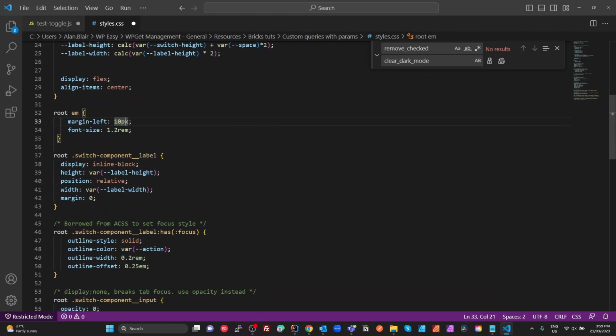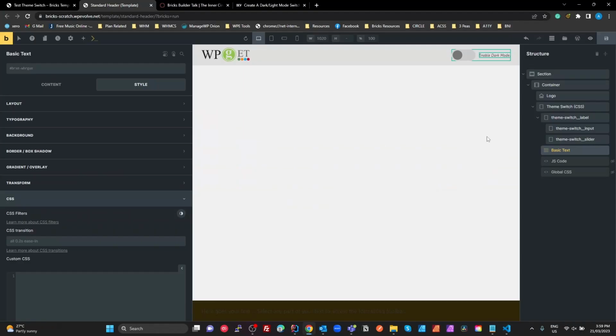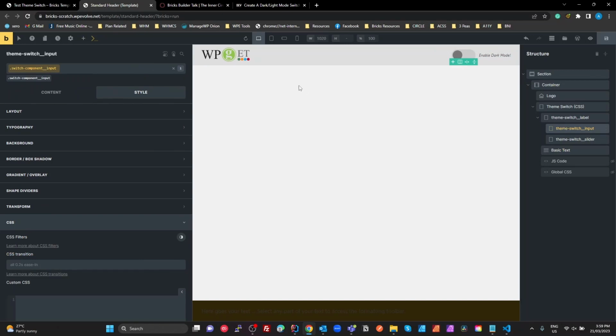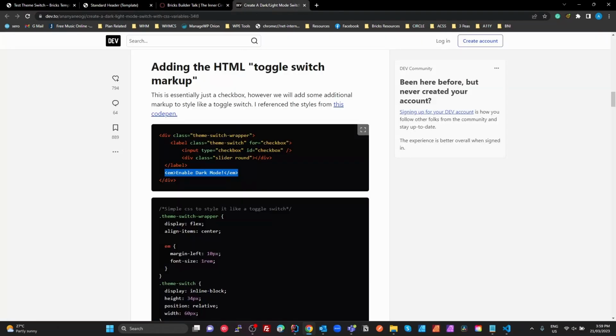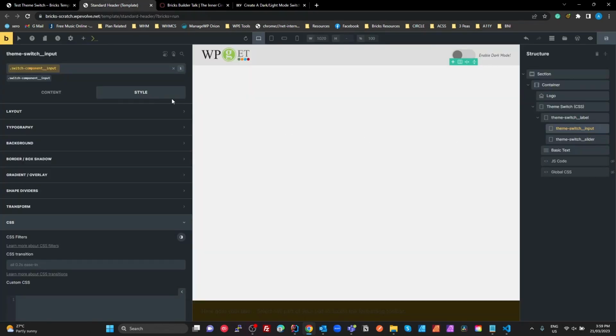Okay, now our switch component label. So the actual switch component, I'll show you, should come back to that. The import, I forgot to mention on that one. In our div here, it's a checkbox. Actually, I think I did mention it, sorry, I'm losing track. So in here, we've set our